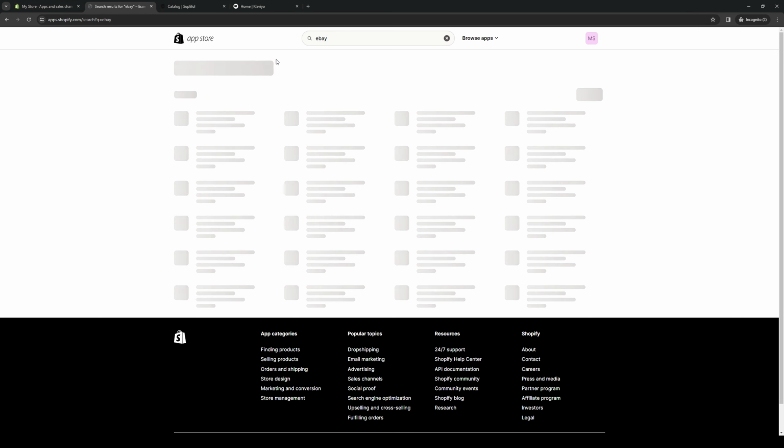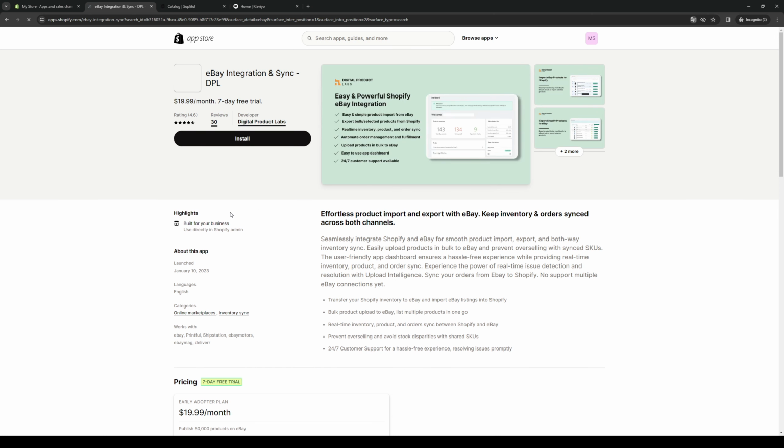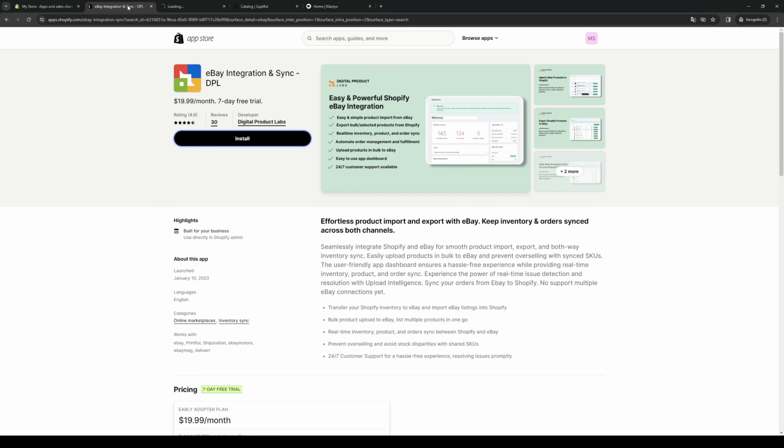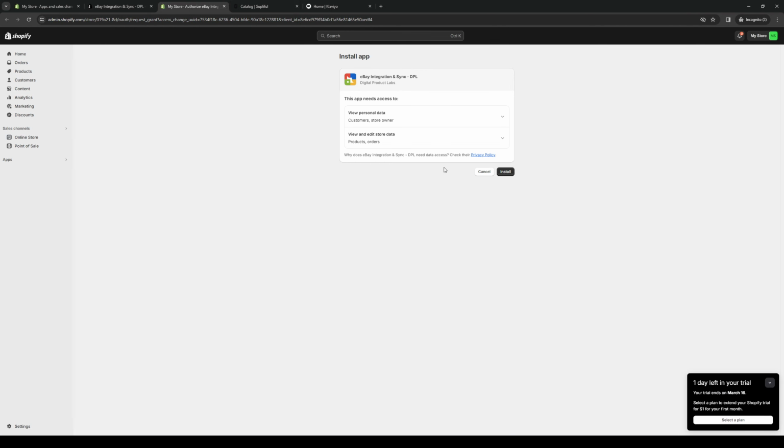Hit enter, and in a moment here, you'll see right away that there's an option for integration. So it's this option right here, eBay integration and sync by DPL. So this is what we're looking for. You guys need to click on this, or you can choose this one. But anyway, all of them are third-party apps, but they should provide the same function and allow you to integrate eBay's catalog over to your store. So simply click on it, click on install, and basically let Shopify work its magic to integrate this plugin with our store. So from here, just click on install,